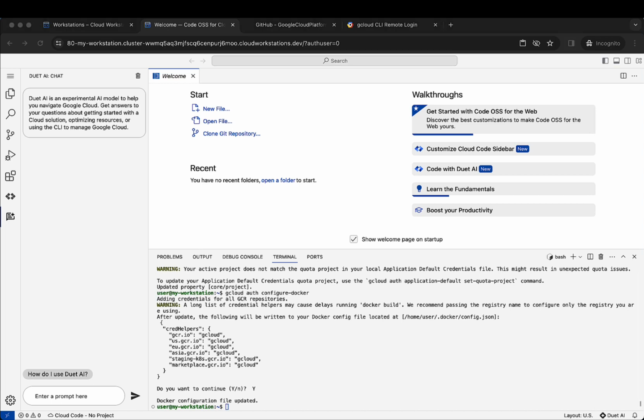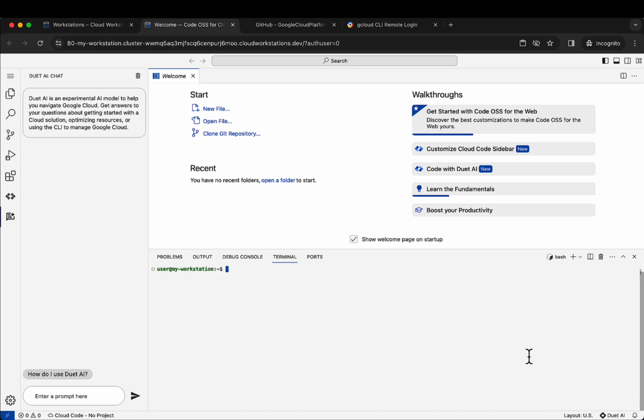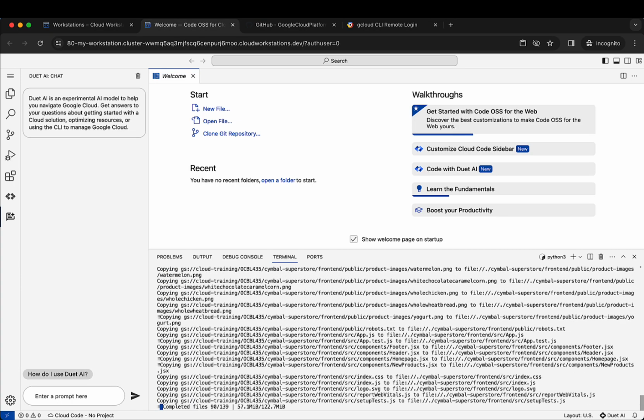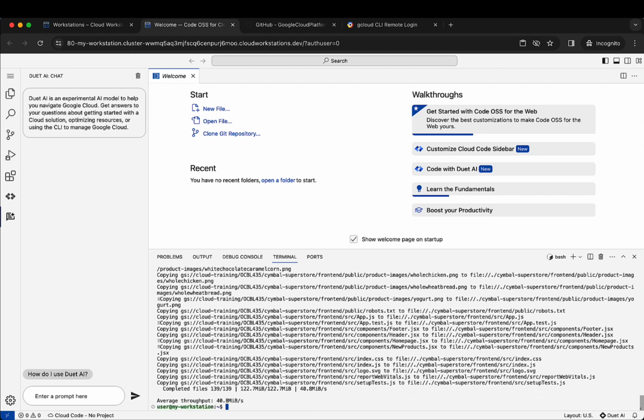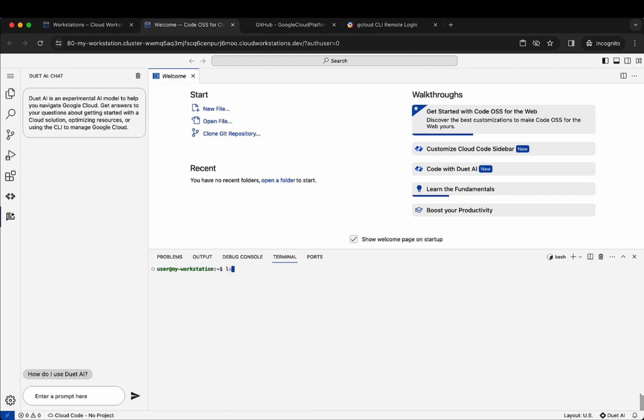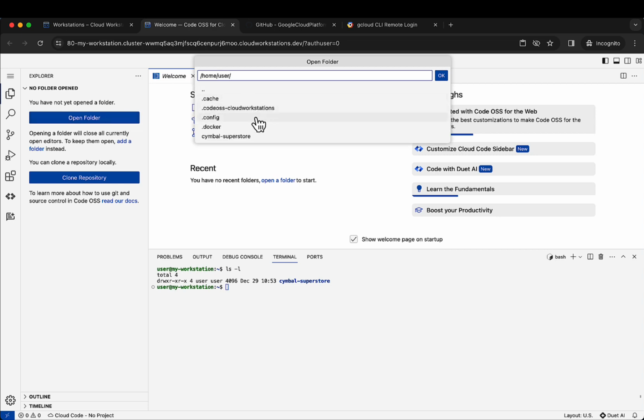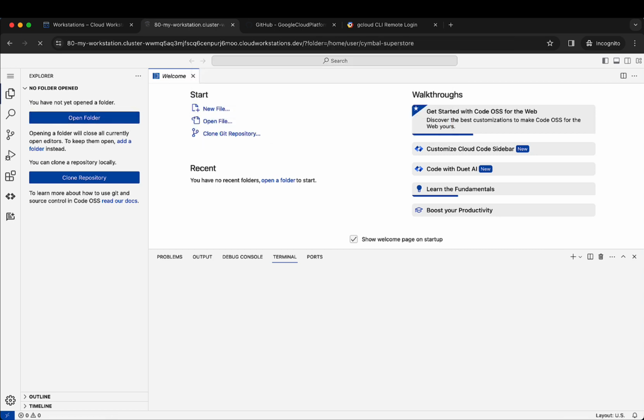Next we can do a checkout and copy the Symbol Superstore application code. So it is present in one of the Google storage buckets available to the public, so you can use that too. So clearing the screen, I do a Google Cloud Storage copy -r command to recursively copy the entire code. Well, so here we are. We have the Symbol Superstore code base in our cloud workstation ready. So I'll just enter into that particular folder,